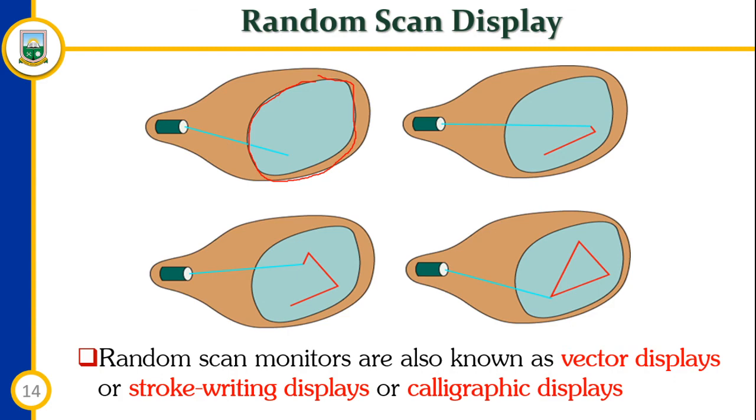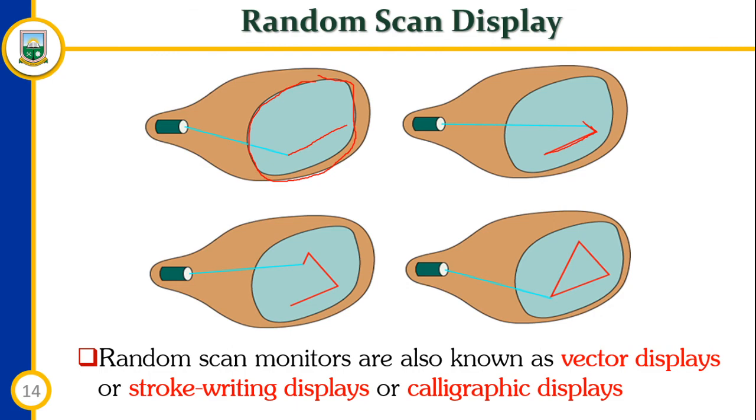And I told you the random scan is used to draw line segments. So once it gets to this point, the next is to draw this line, which probably will be this. That is how it's being displayed over here. So the beam keeps drawing on the screen until it gets